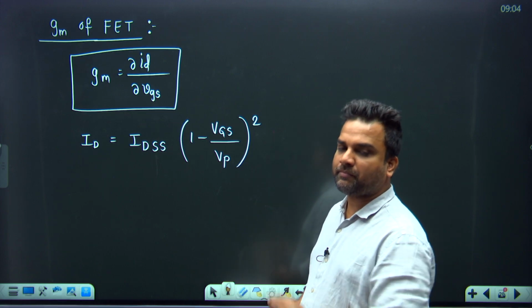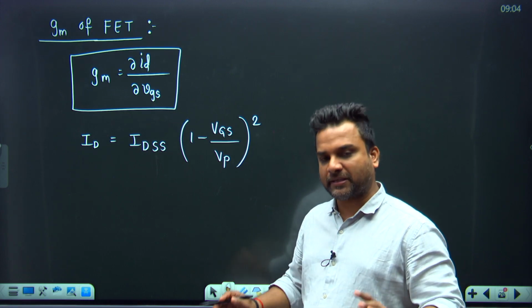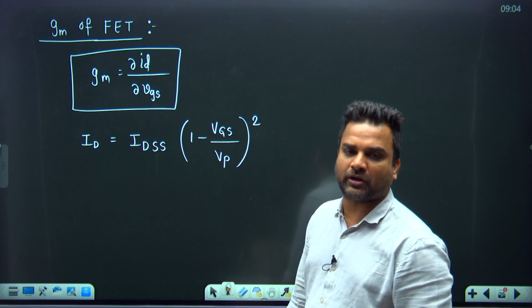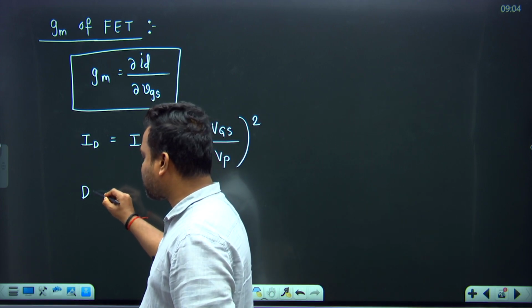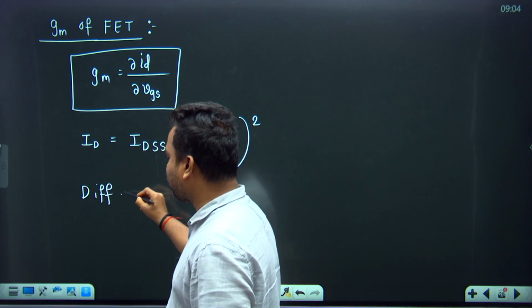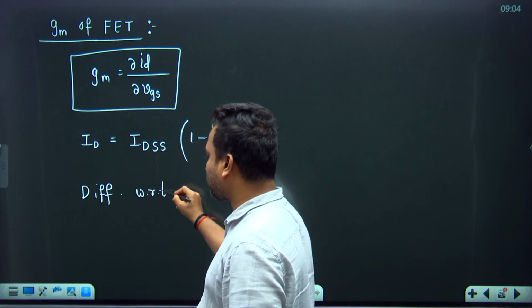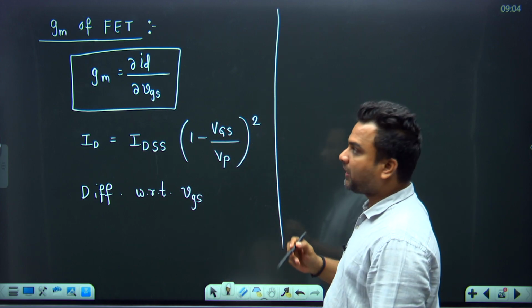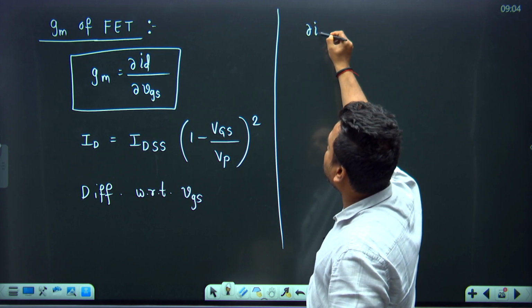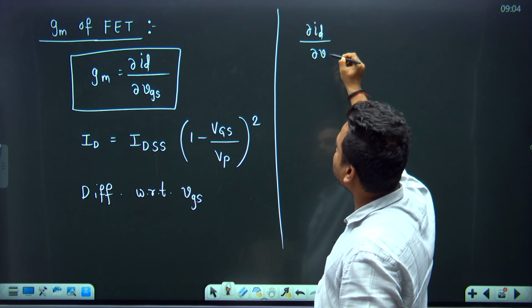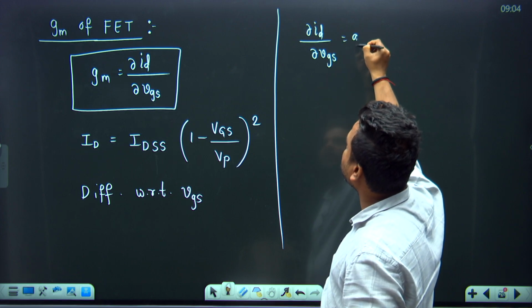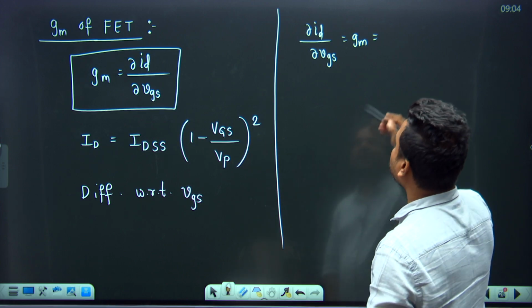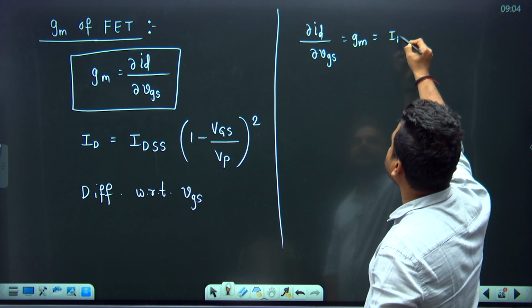Now what to do? If you want to get the GM from this equation, the best thing is you differentiate with respect to VGS, so that ID by VGS you will get GM only. Hence guys, we are differentiating the above equation with respect to VGS. Got it? So guys, here dou ID by dou VGS, which is GM only, that is equal to